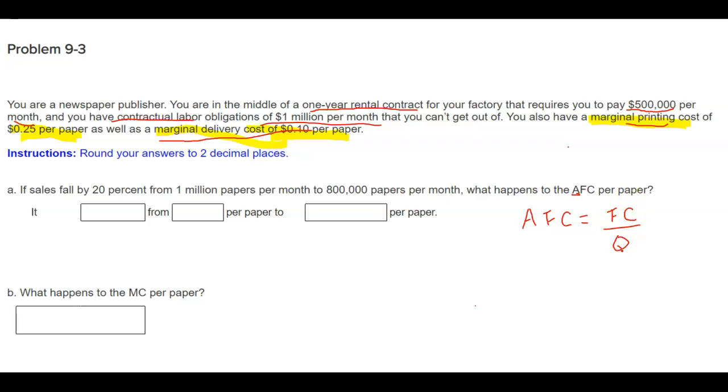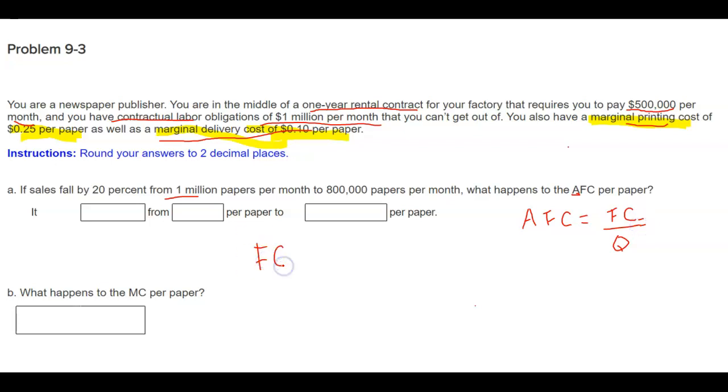Okay, so it asks what the fixed cost per paper is going to do when our sales drop by 20%. So what we need to do is figure out what our average fixed cost is when we're producing 1 million papers. Okay, so first we need to take our fixed cost, which we know,